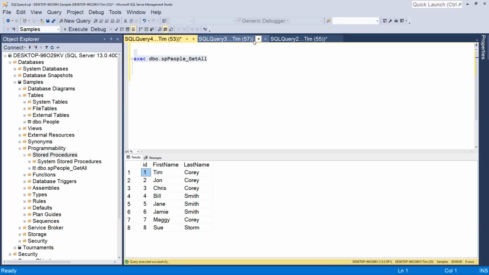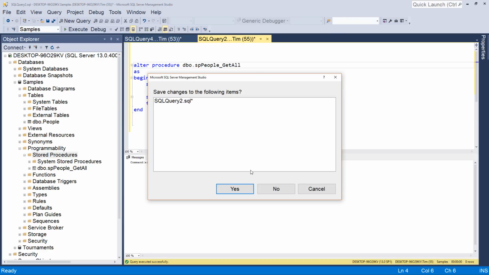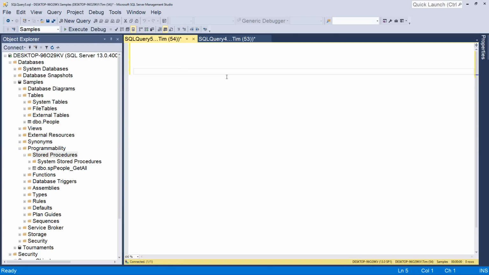All right, so now let's look at creating another stored procedure. I'll close out the template, and I will close this out as well, but I'll create a new query window. I always like a few extra lines in my initial window. So let's say create procedure dbo.sp_People_GetByLastName. And we'll set it first the same way as begin